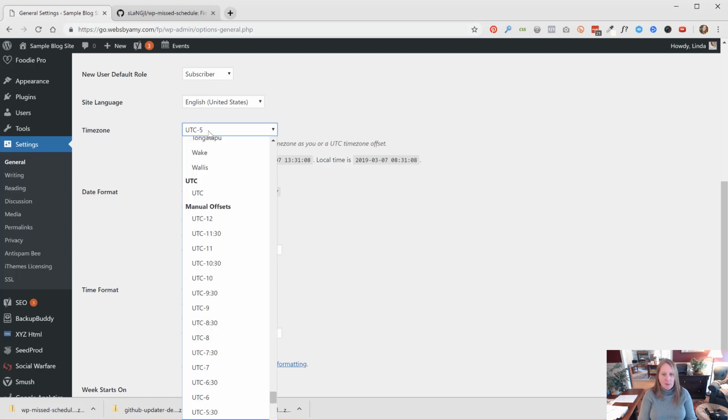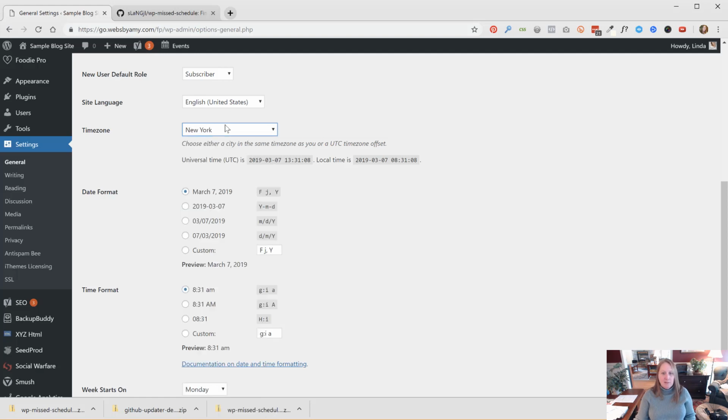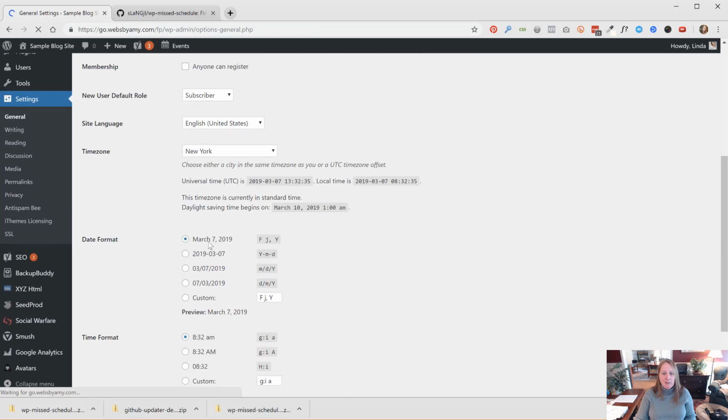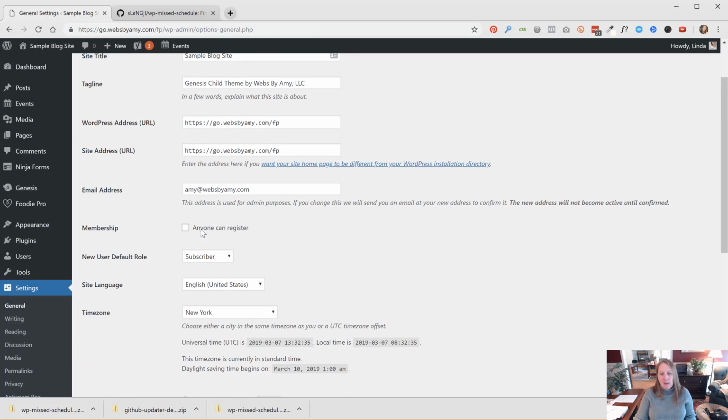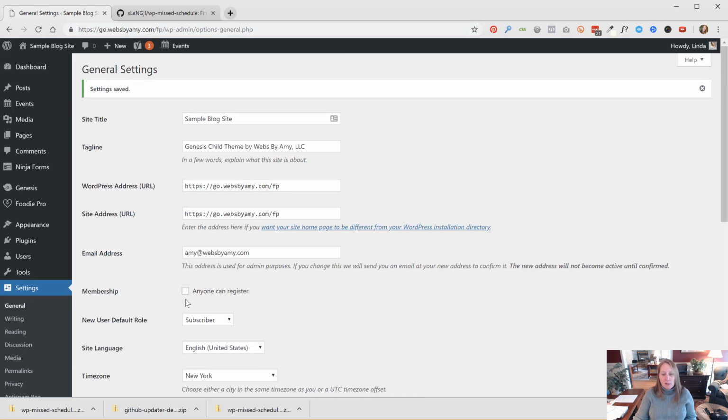So in here, I'm going to type in Philadelphia, which is not there. Phoenix is in here. So I'm going to type in New for New York, because that is a big city in the Eastern time zone, and it recognizes the same daylight savings time as we do. I'm going to hit save changes, and the time and date are going to be pretty much the same because it's the same time zone that I'm in. But better this. So if you check that right away, then you might not have to go any further than